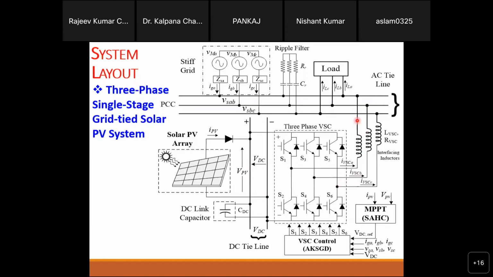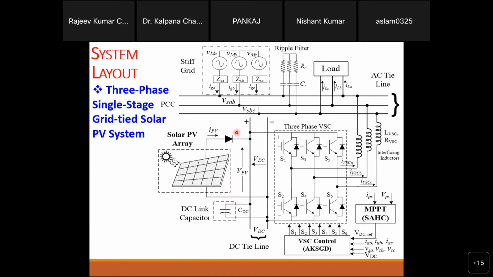Because you are going to operate with the grid, this voltage is fixed. So accordingly, your DC voltage should be fixed, right? You can't go with any voltage here. So this is the key thing here. Normally these things do not happen, right? That's why you will see that for small size panels, it is most preferable to use one DC-DC converter here.